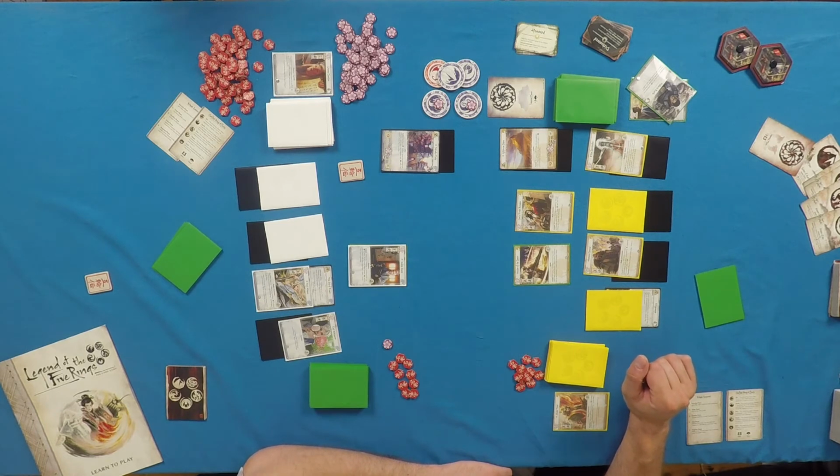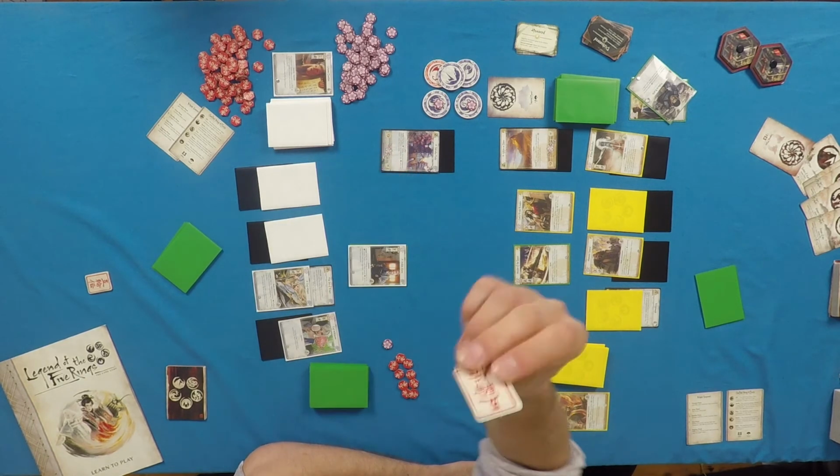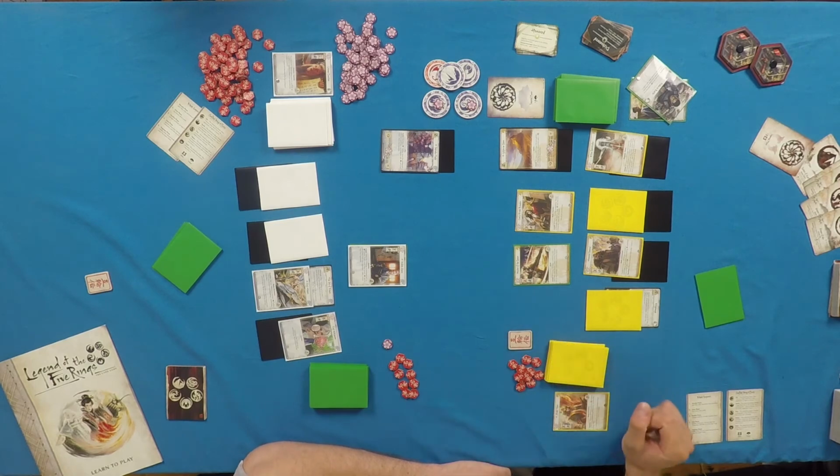The last thing that happens in the regroup step is that the starting player token is passed to the other player. And with that, we're ready to go back to the dynasty phase and start the next round of Legend of the Five Rings. As I mentioned earlier, play will proceed in these 5 phases until one player reaches 25 honor, at which point they will win immediately, or a player's stronghold is broken in much the same way that